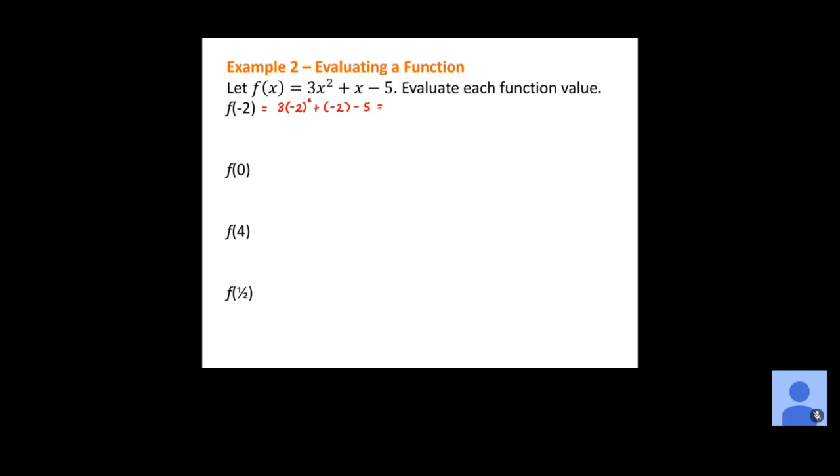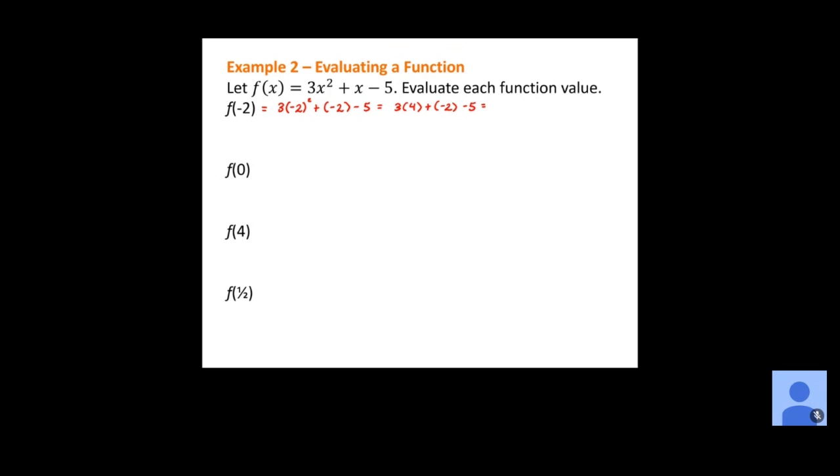Now, again, if you have a calculator, feel free just to put that in the calculator and get a value. I'm going to go ahead and do this by hand, with order of operations. Where would we start? What would be our first step? -2, and then what are we going to do to the -2? We have to raise it to the second power, right? So we're going to square the -2. That's going to give us 4. So we'll have 3 times 4 plus -2 minus 5.